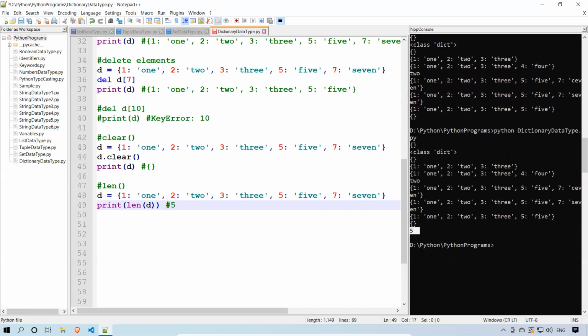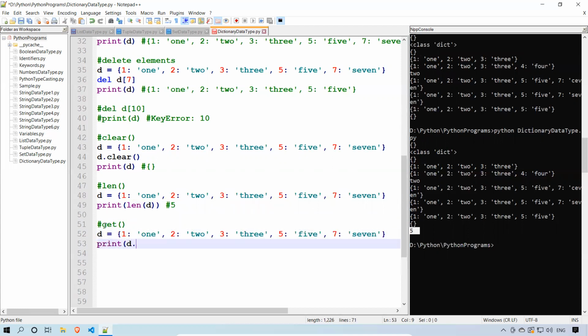Okay, so another method is the get method. Get method is also used to access the elements. So I'll take the same example. I'll print D dot get of 5, and again print D dot get of 10, which is not there. Previously we got key error when accessing with the index kind of syntax.